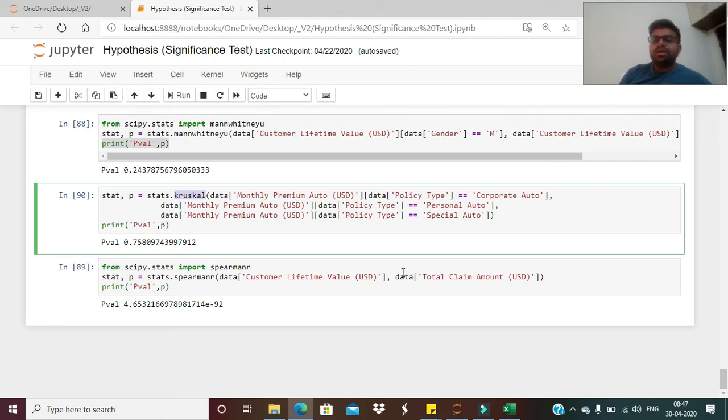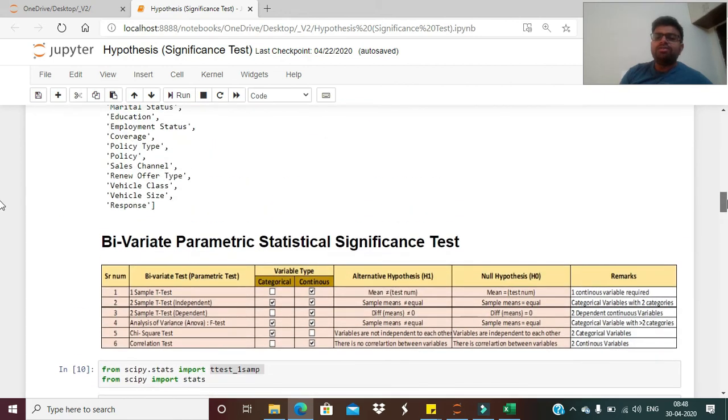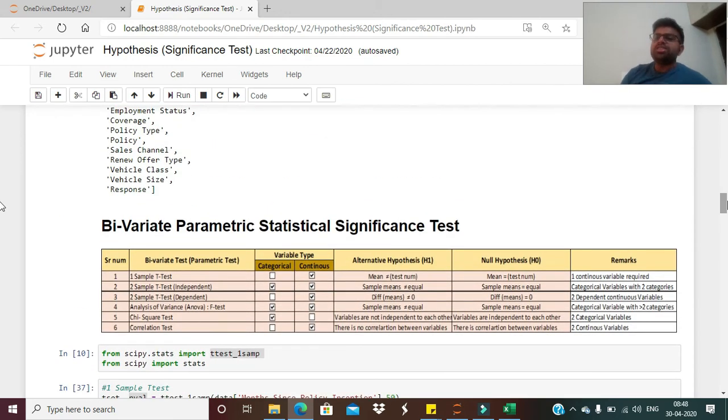I'll be placing this whole code on my GitHub. You can download it. At the same time, it is very important to understand what types of variables are being considered and what type of test can be performed.